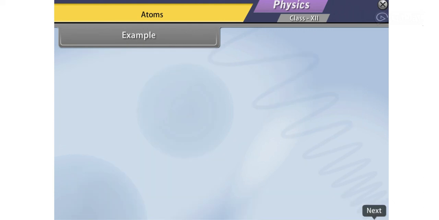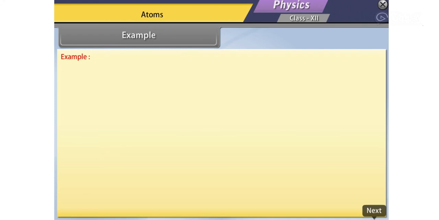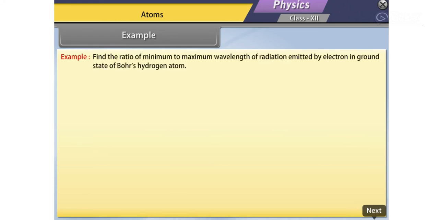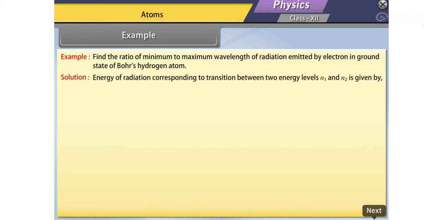Example. Let's take an example of the Bohr model of the hydrogen atom. Let's see the solution. Find the ratio of minimum to maximum wavelength of radiation emitted by electron in ground state of Bohr hydrogen atom. Energy of radiation corresponding to transition between two energy levels n1 and n2 is given by